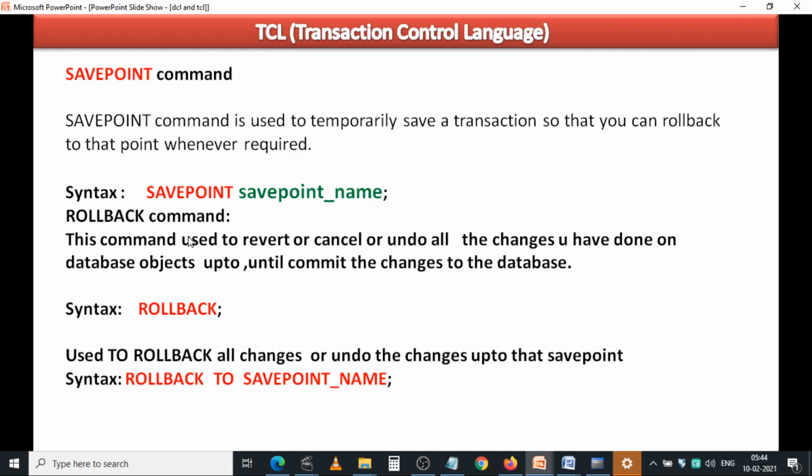The syntax is: rollback to savepoint name. Normally, when you apply rollback, all the changes are cancelled, but when you roll back by using the savepoint, you can undo or cancel the changes up to that savepoint only.